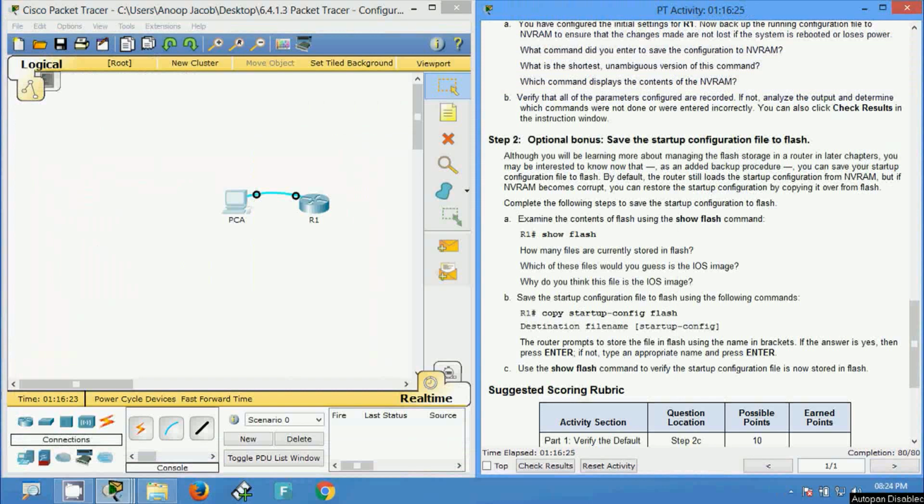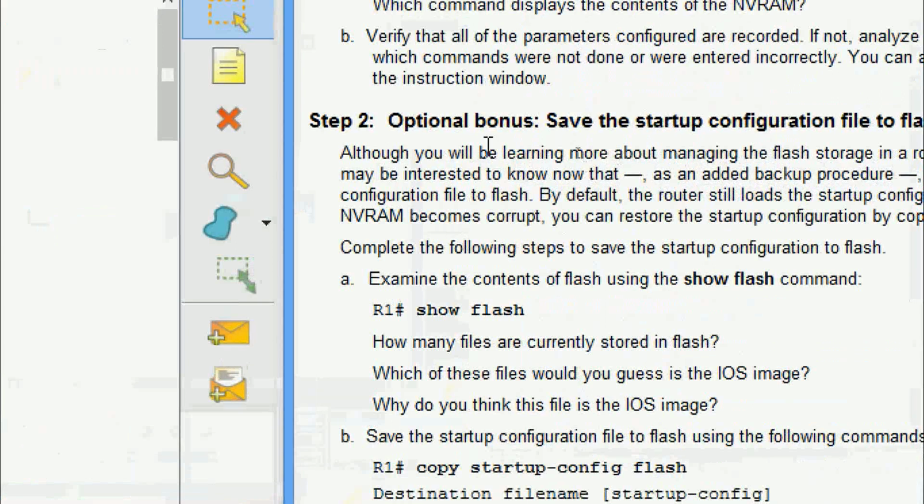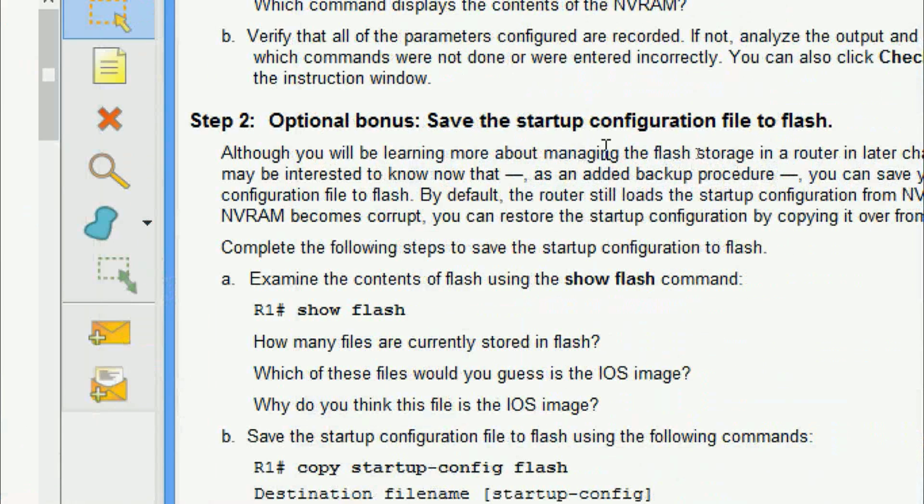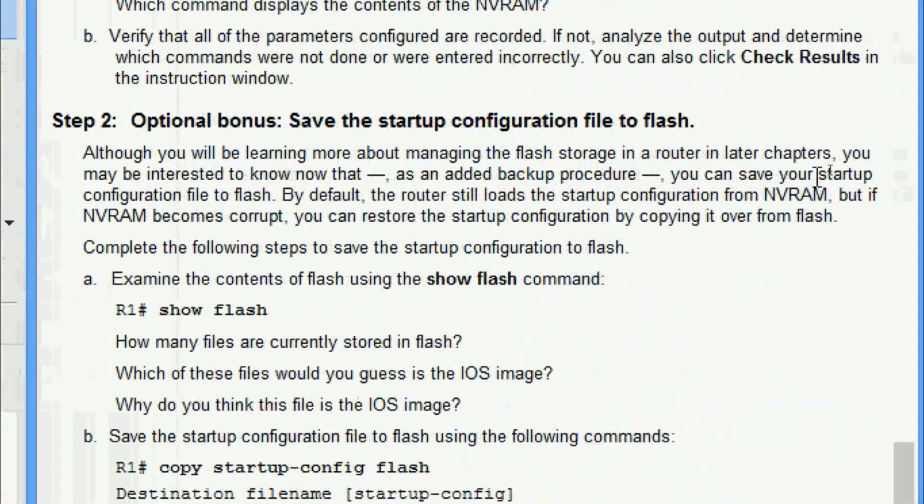Our Packet Tracer activity completed successfully, but we can still see one more step here. Step 2, optional bonus: save the startup configuration file to flash. Although you will be learning more about managing the flash storage in a router in later chapters, some of the advanced configurations are coming in future. So you may be interested to know now